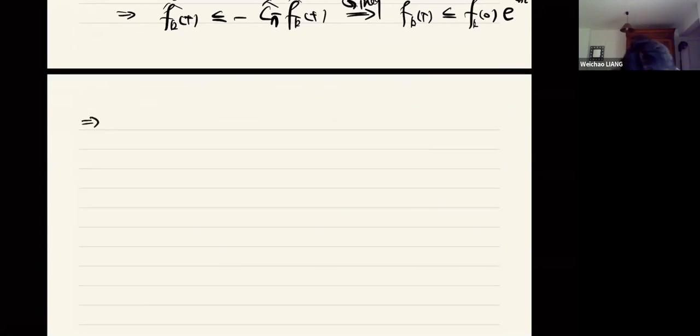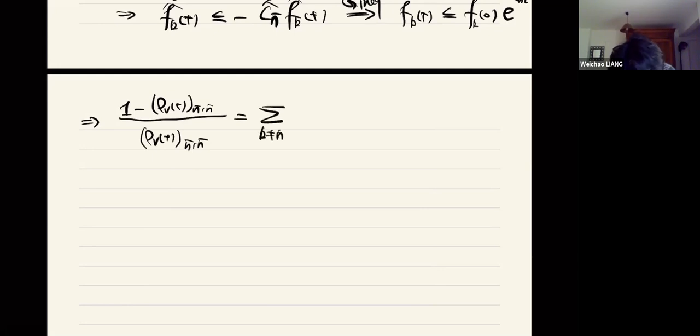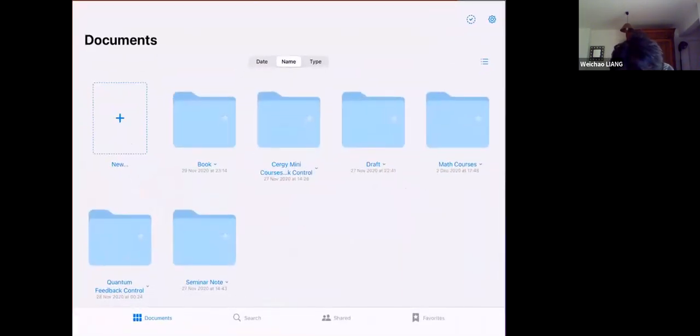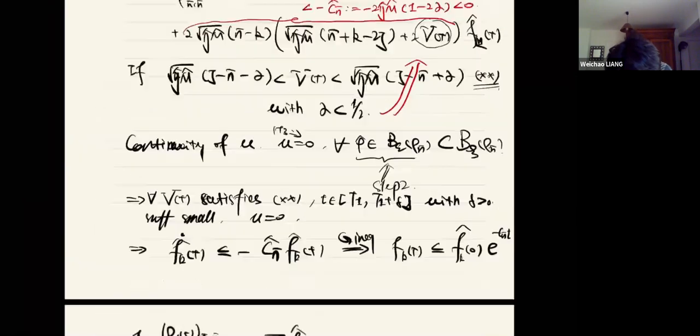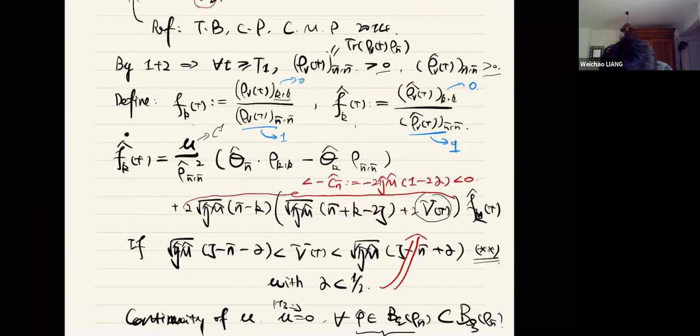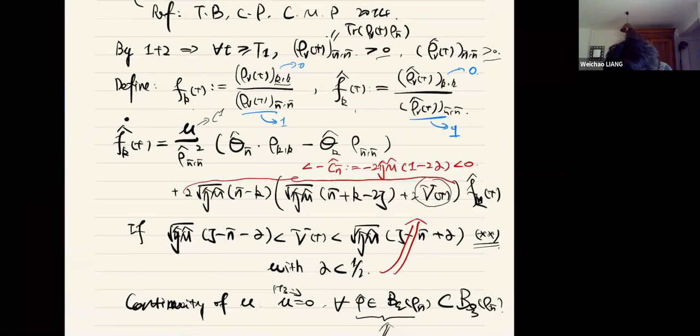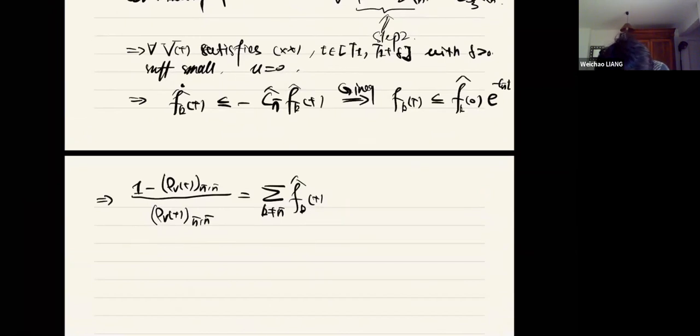Then we just calculate the sum, the rho V T n bar, sorry. Okay, the rho V T. This is exactly the sum of the K number, the FKT, okay? Sorry, the FKT, because our definition of FKT is this one, okay? The rho KK over the rho n bar. So we do the sum over all the K not equal to the n bar, which is exactly this term,